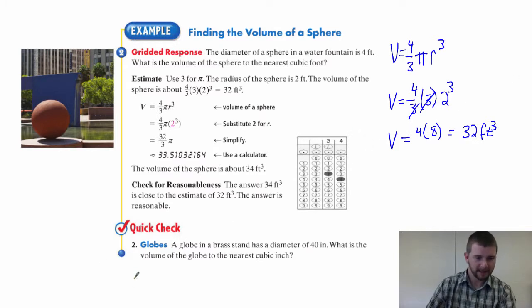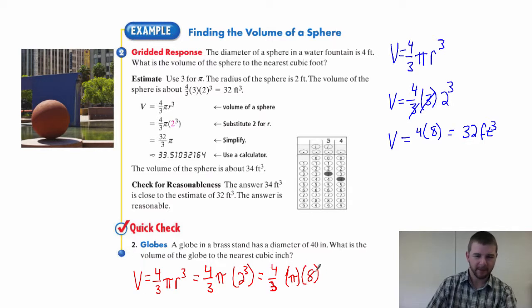So we would find that volume equals, again, 4/3 pi times the radius cubed, which equals 4/3 times pi times our radius, 2, cubed, which equals 4/3 times pi times 8, and 4 times 8, remember multiplication is commutative, we can multiply these three in any order we like. 4 times 8,